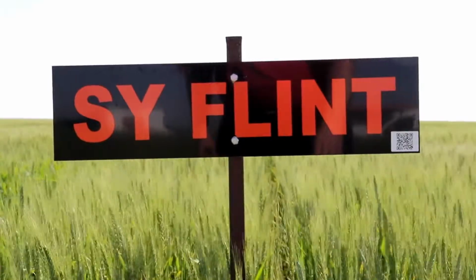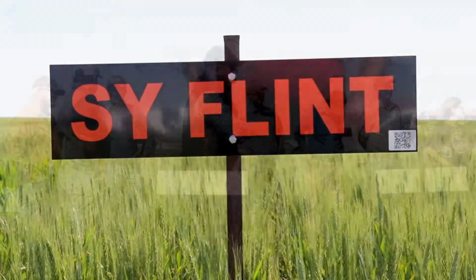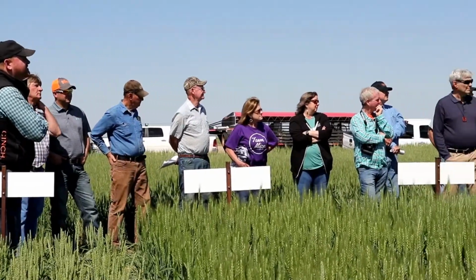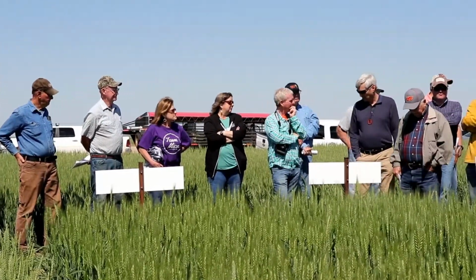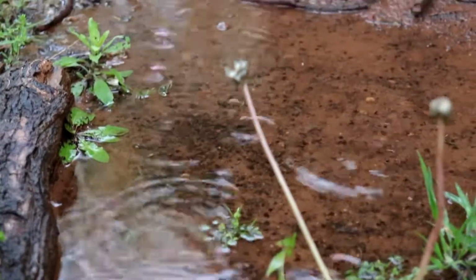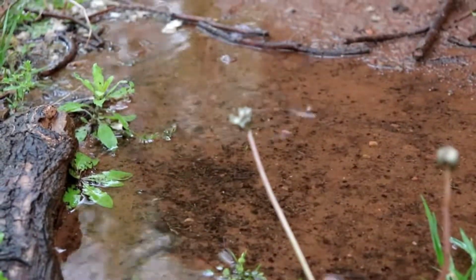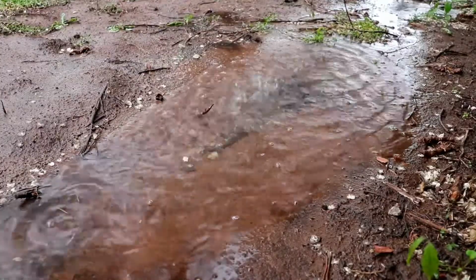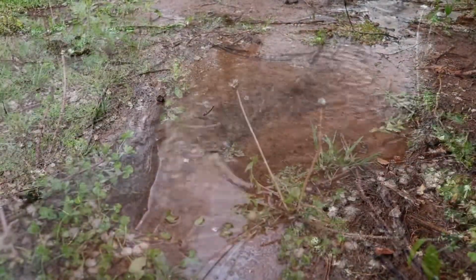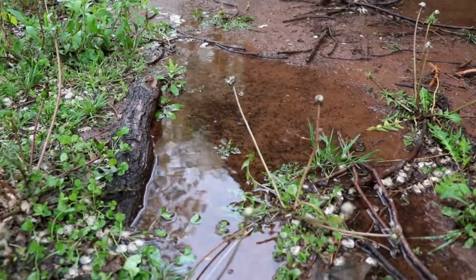Marburger says that this area around Walters is somewhat unique from a moisture perspective. He says they didn't get a lot, but what they did get was timely. About an inch of rainfall fell just after planting. We caught some more rain in December. We caught another shot of rain in February, and then a couple more inches of rain in March. That's helped carry us through to where we've got some decent yield potential in this part of the